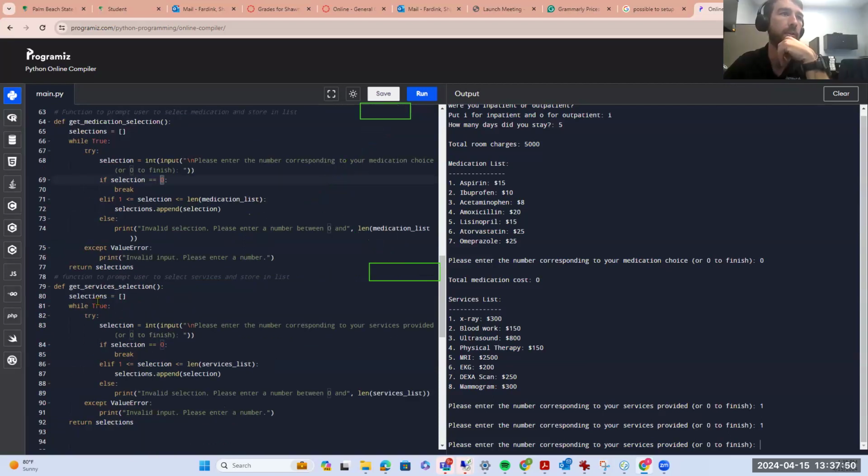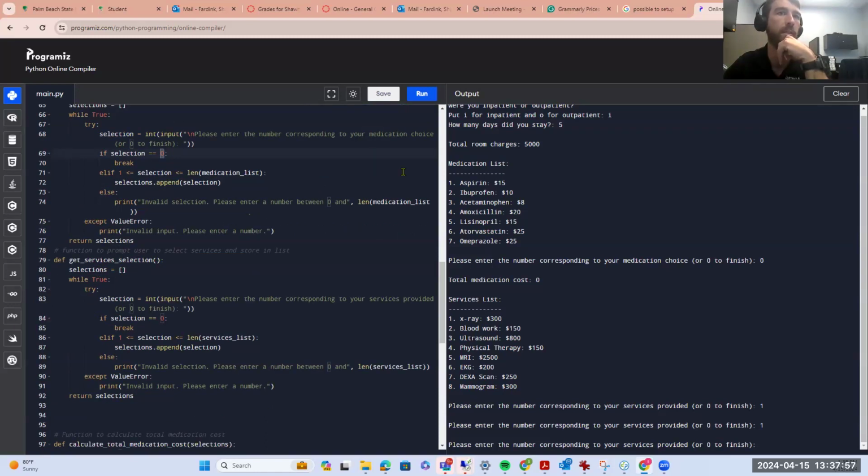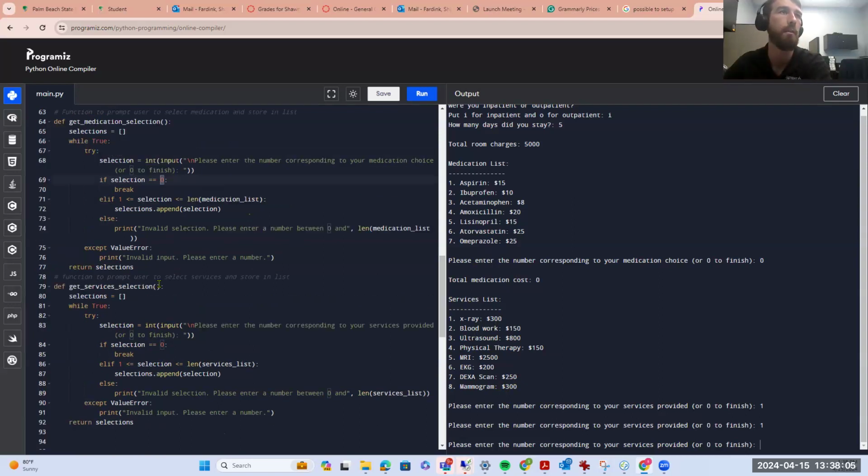I didn't know how to approach that. So I got this one, and then I'm like, oh, with services, I could write out the same similar function because the lists are similar and requiring the user for the same input. I can just write it out differently, but that's good to know that you can incorporate just one function and just have it pull